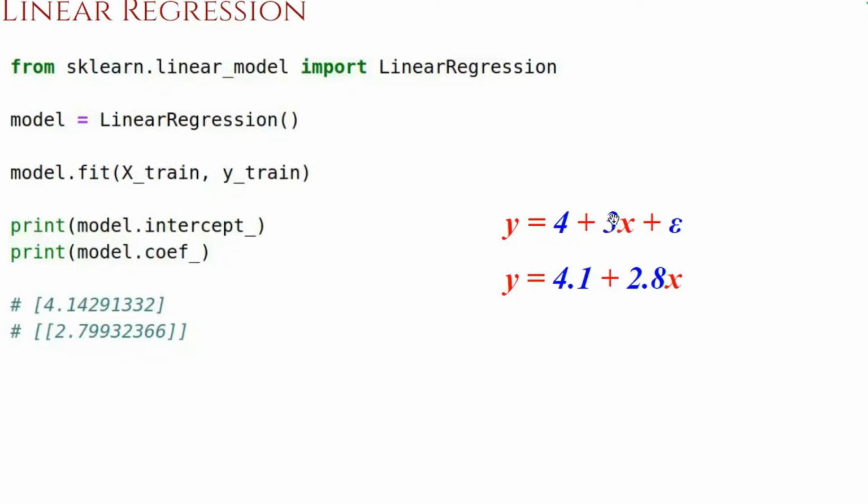You can see the coefficient, the original is 3, but here we came very close to that. We end up with 2.8. This part is 4 plus epsilon, because there is an influence of the noise term as well. So we were able to estimate 4.1. We cannot estimate the noise term separately, because that is all added here with the intercept. We can only estimate this intercept together with the noise. So this is the best approximation of the original equation that we have estimated.